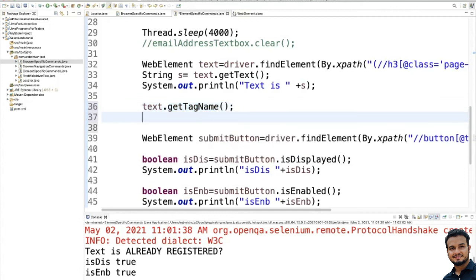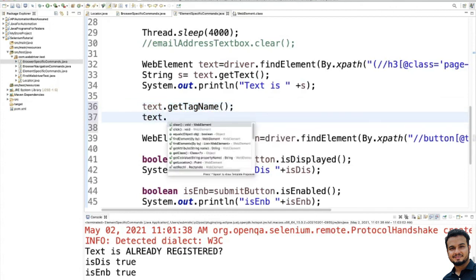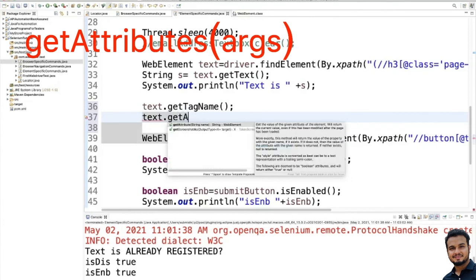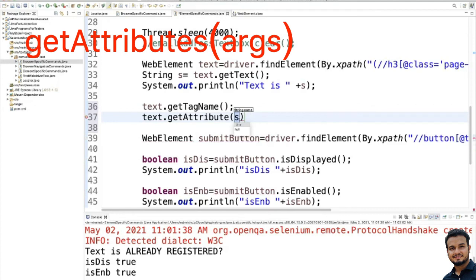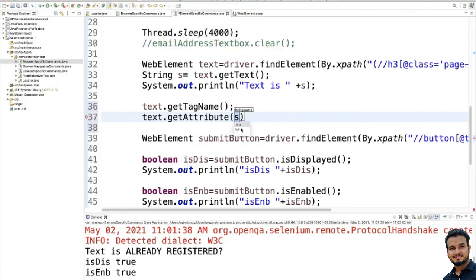Then we have a command like text.getAttribute. Here it will take a parameter as the attribute name. This method gets the value of the given attribute of the element. It accepts a string as a parameter and returns a string value.